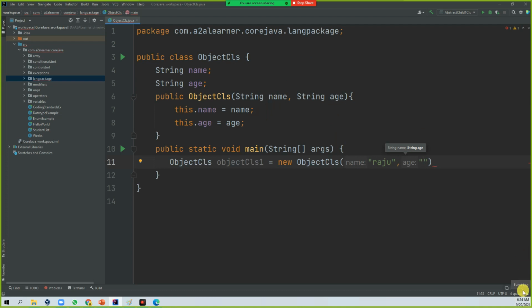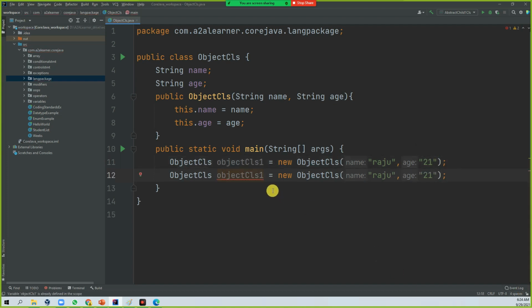So age, let's say 21. Let's create another object, object 2. So I have two objects: one is Raju and the other one is Ravi.